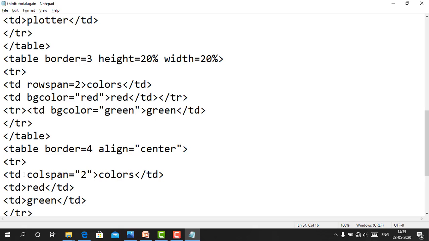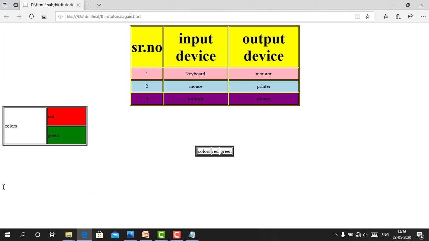Okay, column span, control S. Then the first row, we want only the row as the tr, that's why we will close the tr tag, and the new row starts from here. So tr, control S, alt tab, just refresh it.